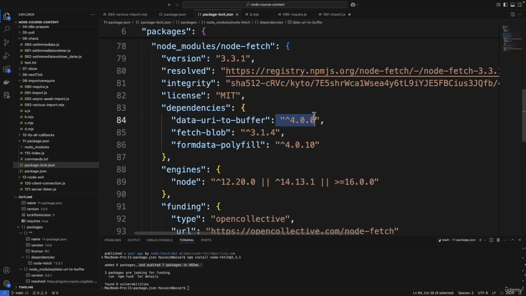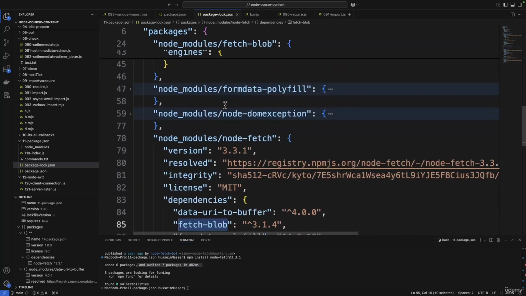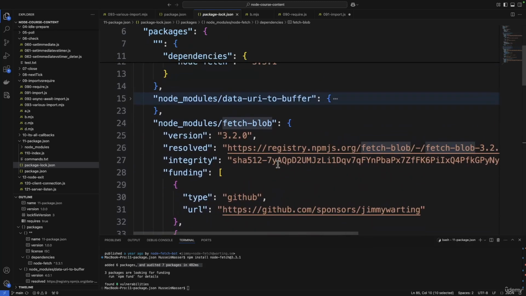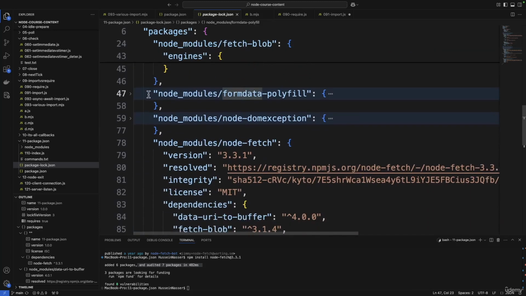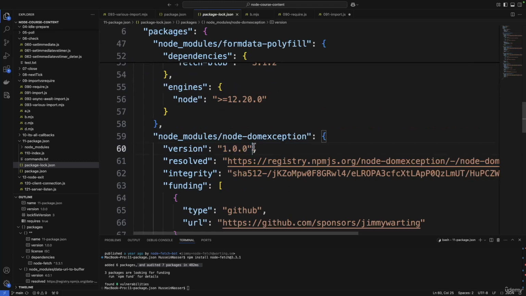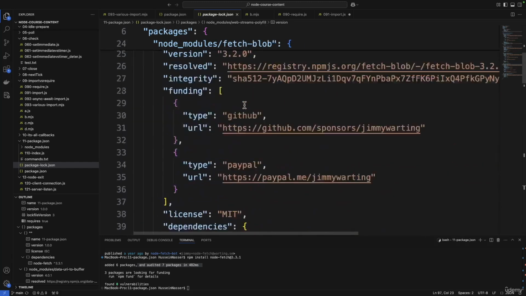Now, the dependency itself, of course, has semantic versioning. But if I pick fetch-blob, you can know exactly what version was installed, right? 3.1.4 was preferred, but what was installed is 3.2.0. So we updated the minor. This is exactly the version that was installed. And you can follow this and see that any version is always hard-coded. I say hard-coded, but you know what I mean, right? This is the actual exact version. Boom, 3.3.3. And that's it.